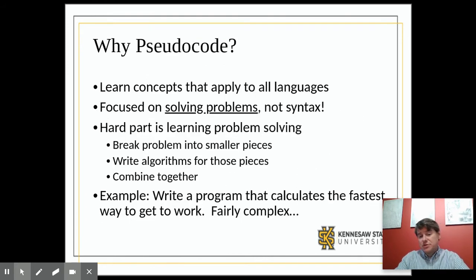All right, so why do we still use pseudocode? Well, because that's how we explain the concepts. Honestly, as this class goes on, the pseudocode is going to fade out. Once you start coding, you're not going to be submitting stuff in pseudocode for most of this section. Almost everything that you do is going to be in an actual language, Java or C#. In the previous class, a lot of what you submitted was in pseudocode, and that's just not true going forward. So we need you to start transitioning over to an actual language.